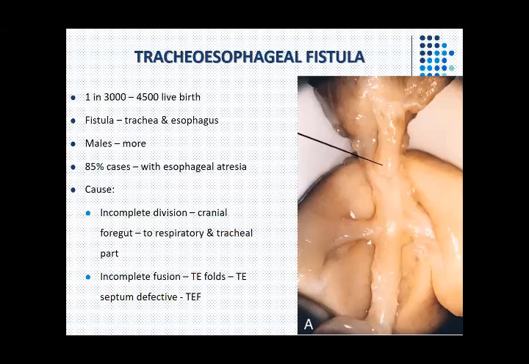If the septum is defective, properly formed नहीं हुआ, तो obviously दरमियान में कम्युनिकेशन रह जाएगी बिटवीन ट्रेकिया एंड एसोफेगस। उसके अलावा अगर ये जो डिवीजन है ये इनकम्प्लीट है, कंप्लीट डिवीजन नहीं हुई, तो बिटवीन द रेस्पिरेटरी एंड एसोफेजियल पार्ट ऑफ द फोरगट, आपको पता है कॉडल एंड फोरगट जो है वो दो में डिवाइड हो जाती है। अगर ये कंप्लीट डिवीजन नहीं होती तो दिस रिजल्ट्स इन अ tracheoesophageal fistula। इसकी टाइप्स पे आ जाते हैं।